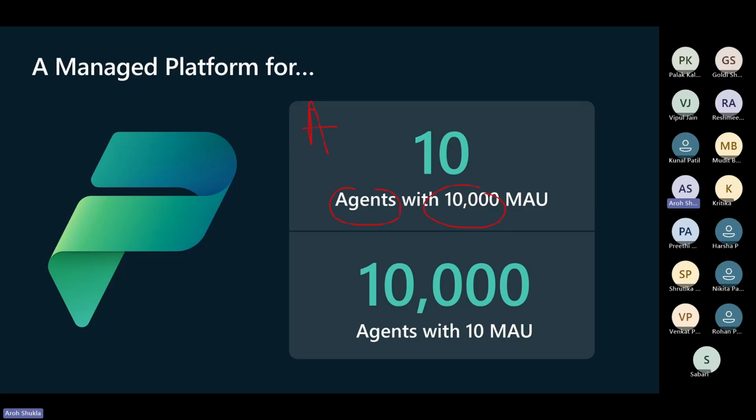In this scenario, we have 10 agents with 10,000 monthly active users, and these agents could be used for a total engagement of 100,000, or 1 lakh. Because we have only 10 agents and 10,000 users, we have fewer agents, but they're very popular agents.